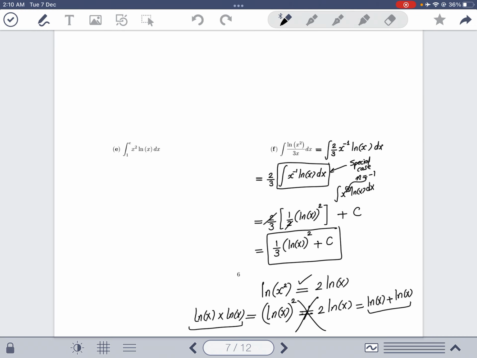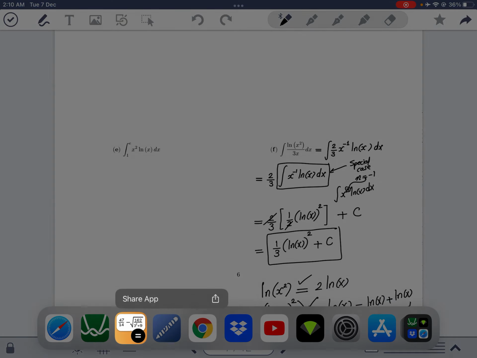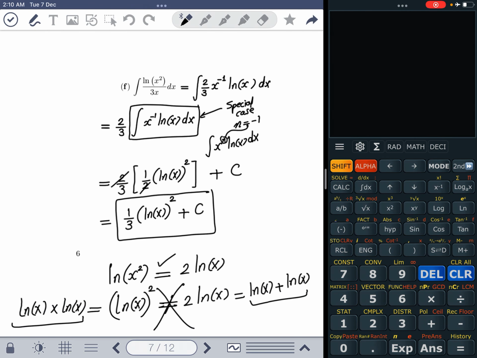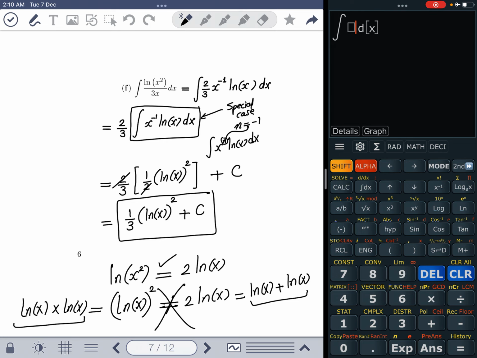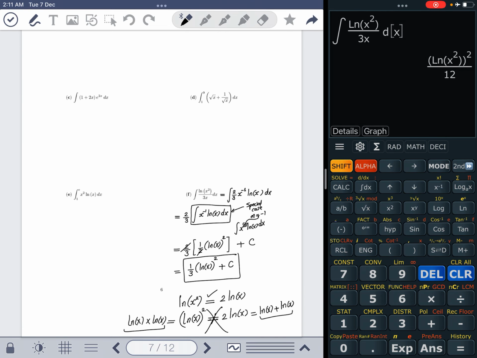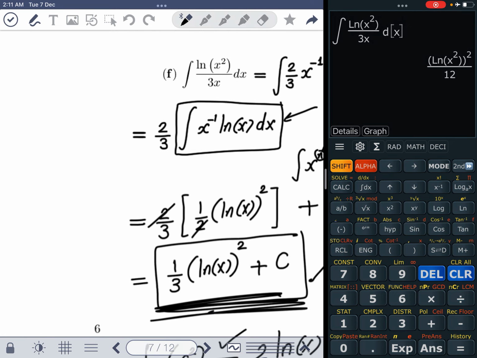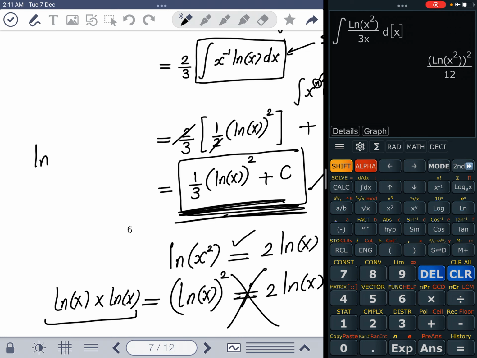Good. So let's just check this last one to finish this question. Let's put it here. Okay, and so we want the integral of a fraction, up you put ln x squared, close it, and down you put 3x, equals ln of x squared over 12. So, you know, it is the same as our answer. This is our answer. And look at the calculator answer. Let's see why. The calculator says that it's ln of x